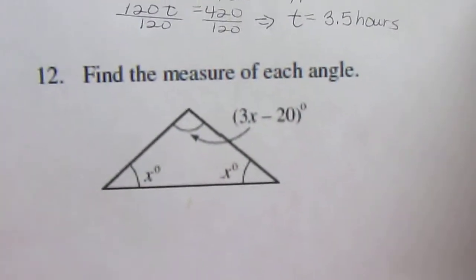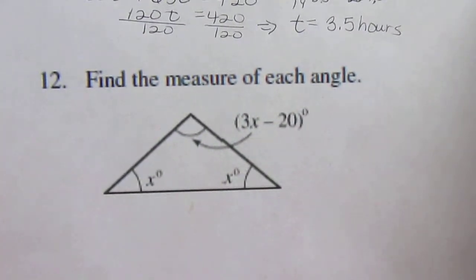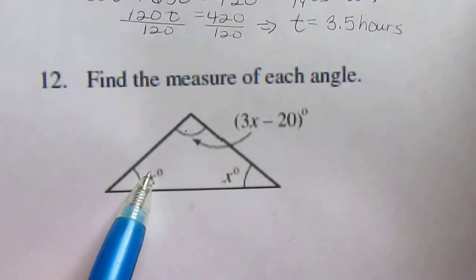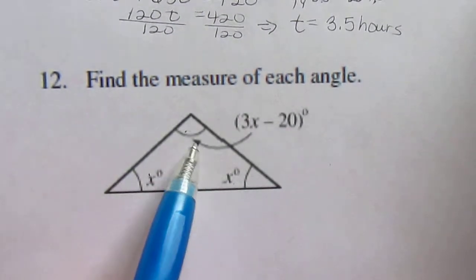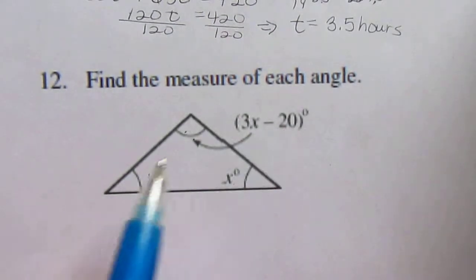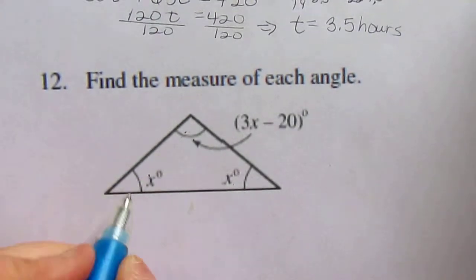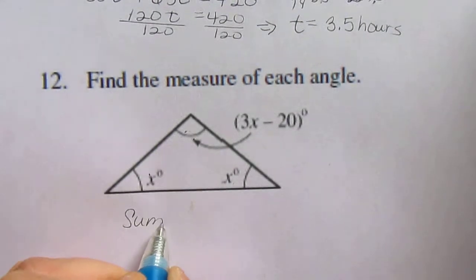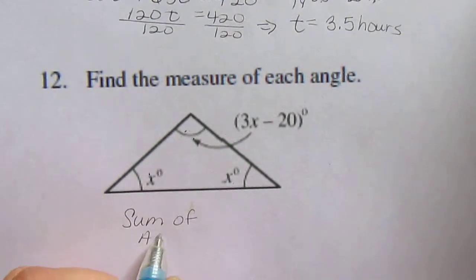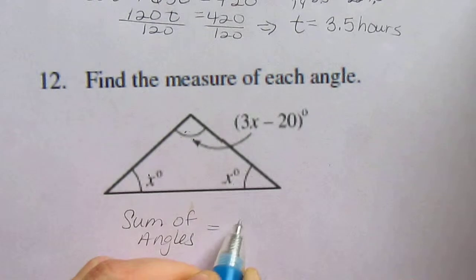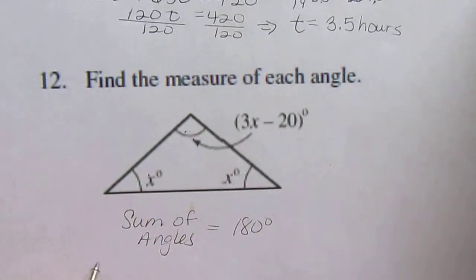Question number 12. Find the measure of each angle. Okay, we've got a triangle. These two are x, and this angle is 3x minus 20. The relationship among three angles in a triangle is that the sum of the angles is 180 degrees, which means